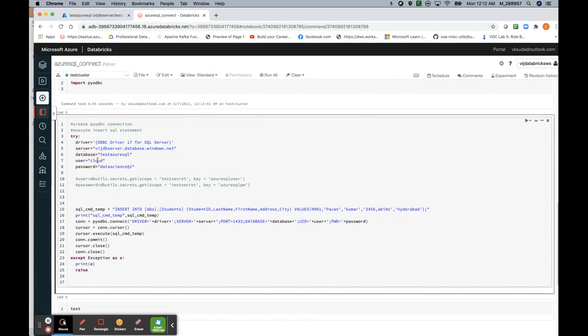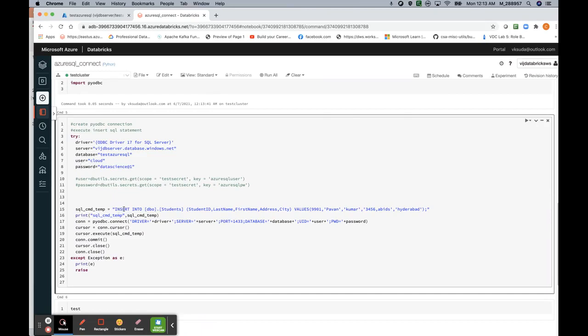This is the database user id and the database server password. In the next video, we are going to see how to encrypt the user id and password using Azure Key Vault, because I don't want to make this video too long. In this video, we are going to use plain text for the user id and password.